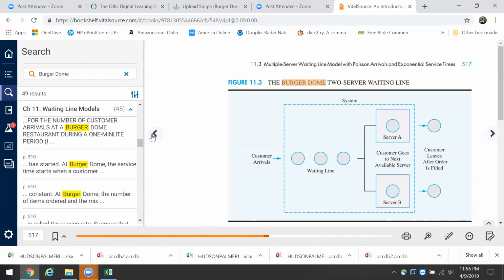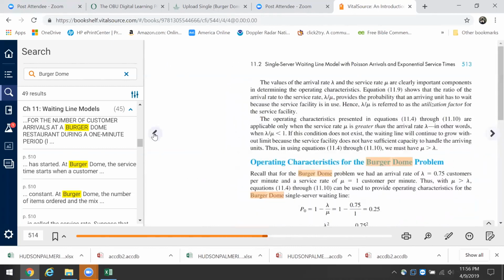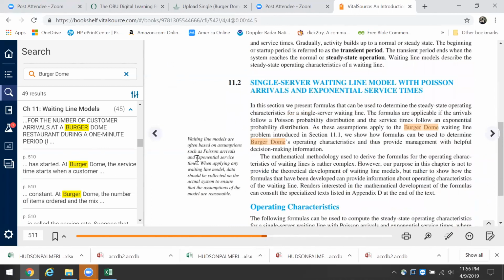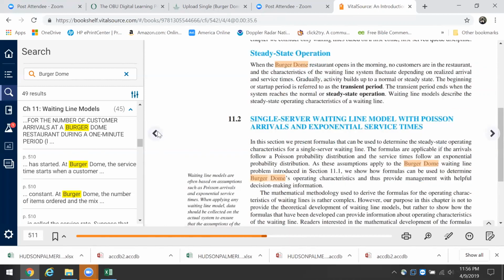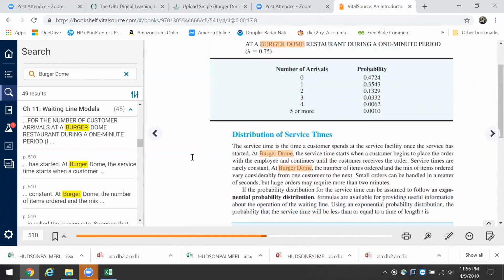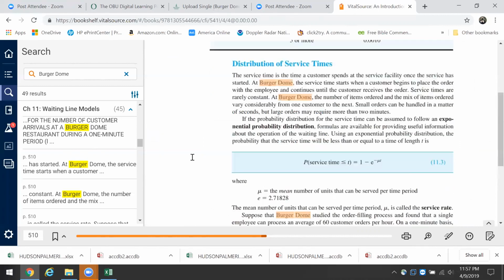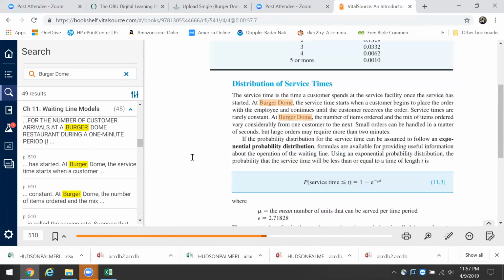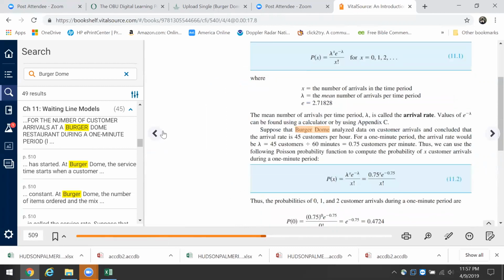What is our service time? Now, I said you want to take a look at page 511, as it walks you through this issue with the Burger Dome. That is the single file we've been working with. And again, we've got these rates of arrival, distribution of service time, and